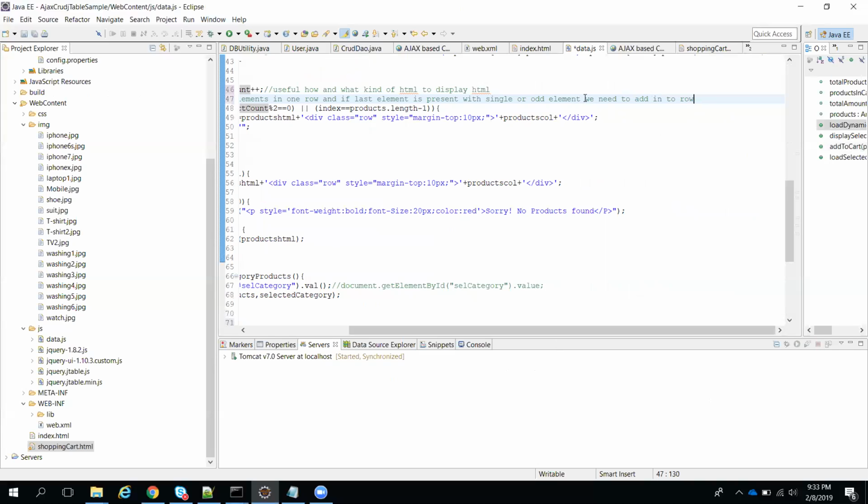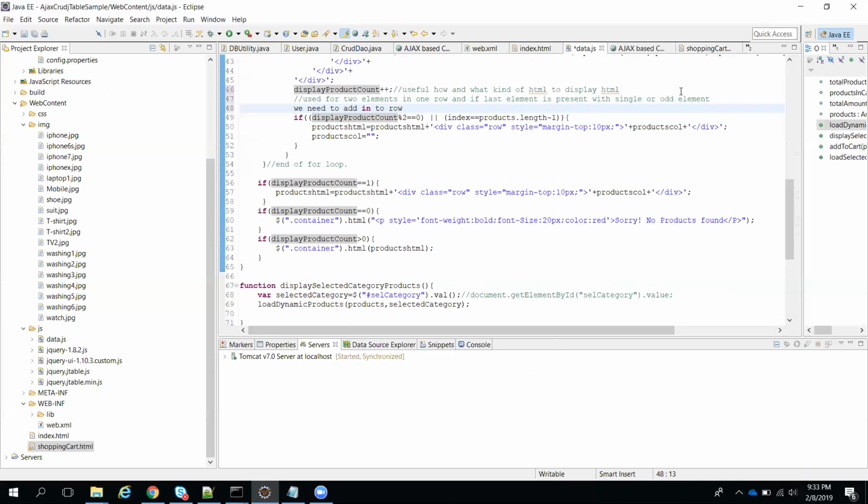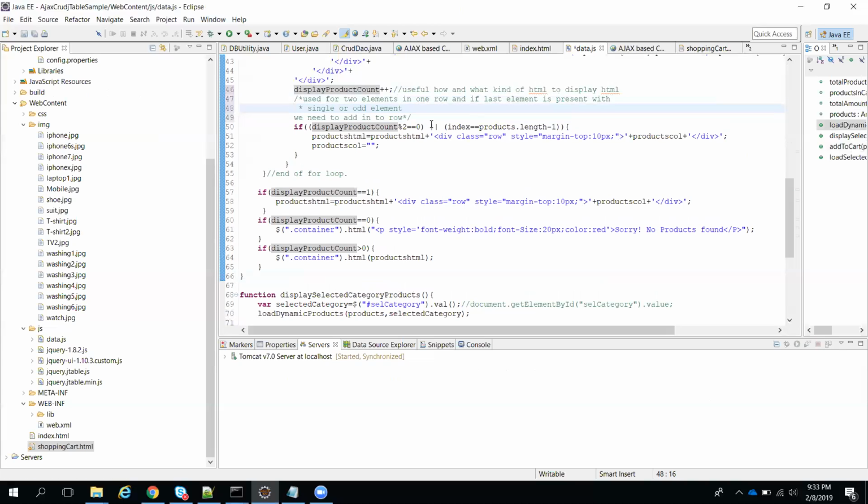I should not keep it this way, so I will give multi-line comments. You know multi-line comments, right? Slash star, star slash. If you use this, we can write multiple lines.